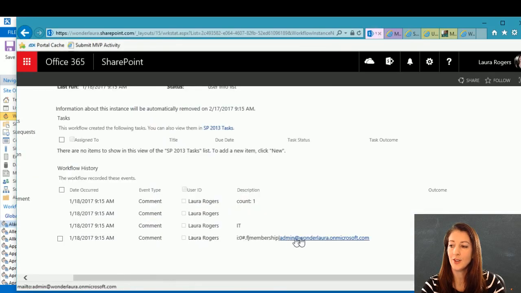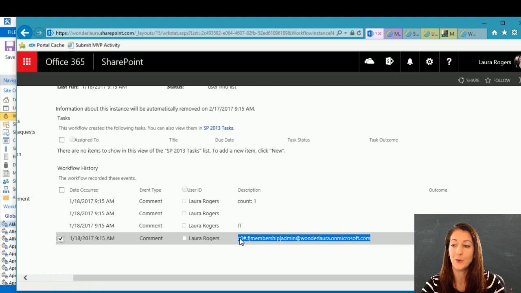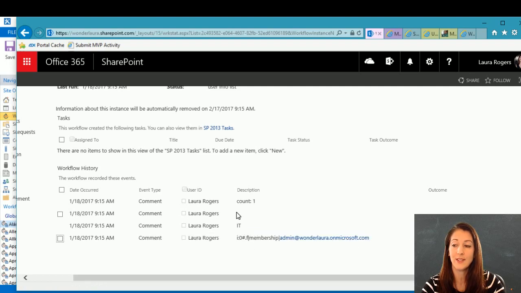So their manager is, and so this is good to know. This is why we do logging, so that we can see exactly what it's going to spit out. What is the value of that manager field? So this is, they have no picture. This is IT, and the value of the manager field. So when we're using the manager field in the future to do something or query something, we'll know that this